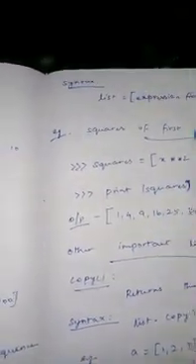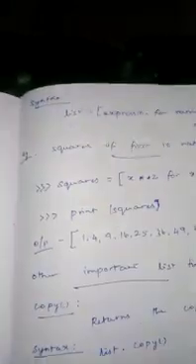So this is a very important thing about lists: how to create a list using the list function and so on. List comprehension is a very important thing. So that's all. Students, it is an easy concept, but remember the heading correctly. We will see the next topic in the next class. Thank you.